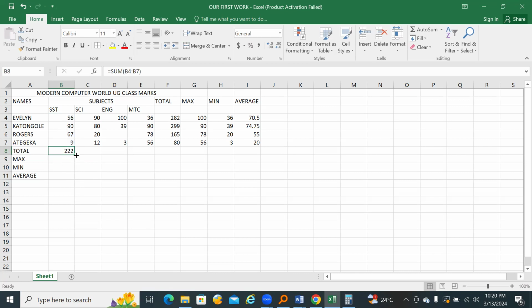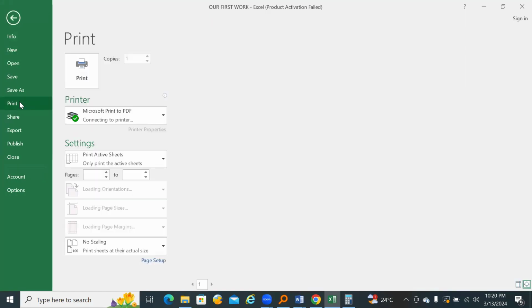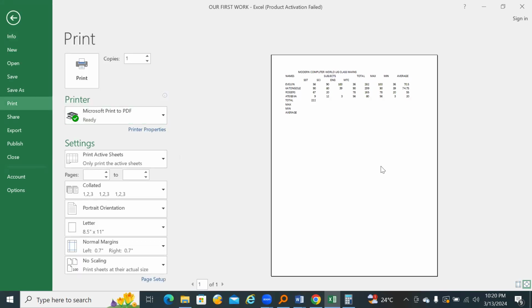Then autofill. I need the answers you will submit. So now, one thing I need to teach you is, remember these boxes you see, or this grid you see, when you save this work, for example, if you want to print it, they will not be there. Let me show you. When we go to file and I say print, you see there is nothing, they are like boxes. Do you see them there? No. Why? Because they put them